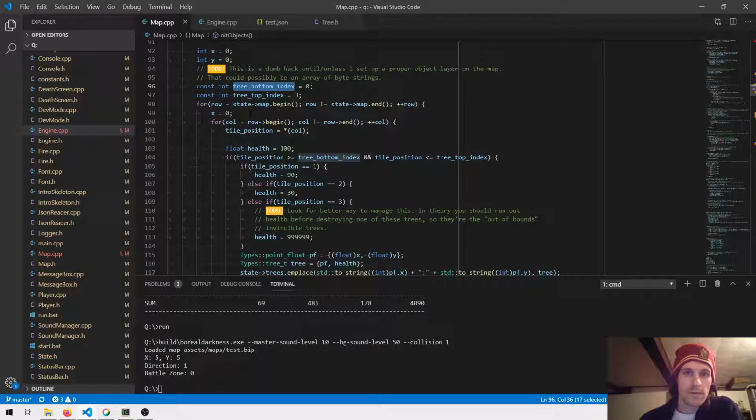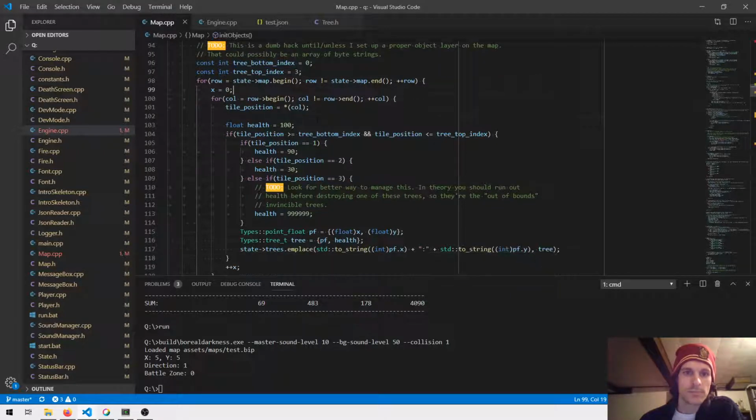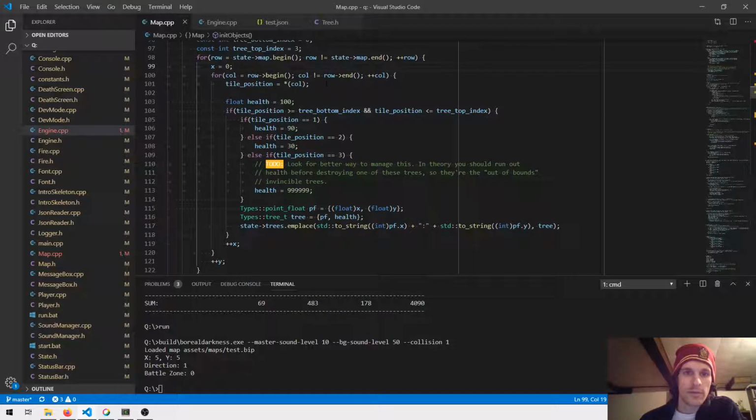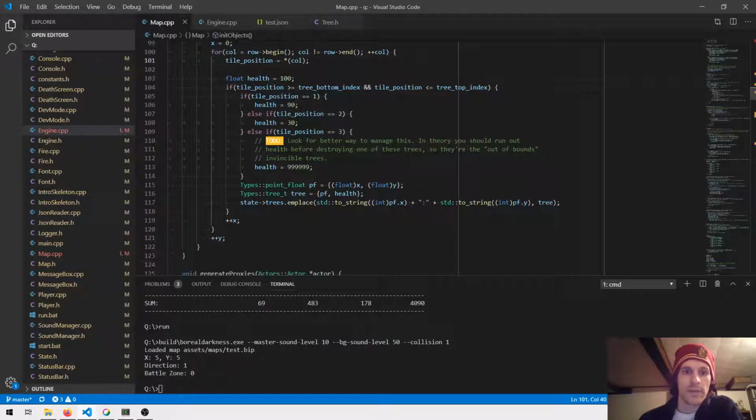State map begin. So we're just looping through the map right here. Rows and columns. We're checking tile position, so that would be the definition in layer 1 to check what the number there is. So if it's 0, 1, 2, or 3, you'd be looking at an actual tree object. And so we're getting the tree's position, or the health, based on the position in the tile map. And then